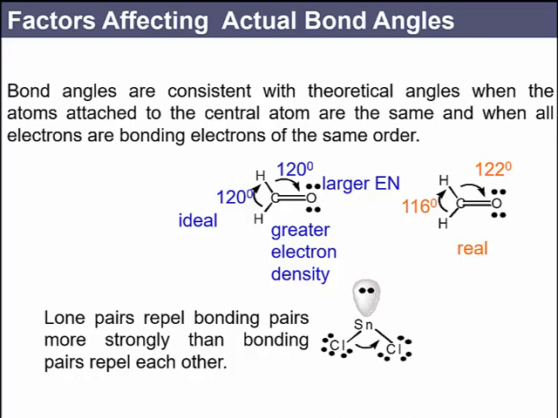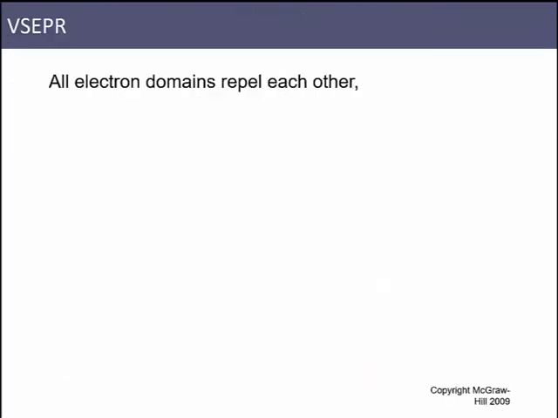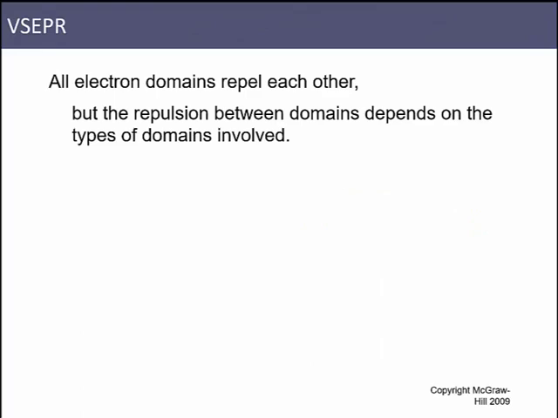So in tin chloride, we see the same sort of thing, where we've got this lone pair up here, and it's going to really bend those chlorines towards each other. Even though they don't want to be there next to each other, this guy is taking up way much more space. So all electron domains repel each other, but the repulsion between the domains depends on the types of domains